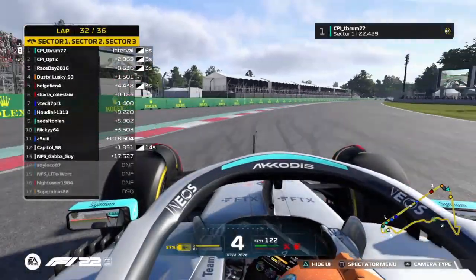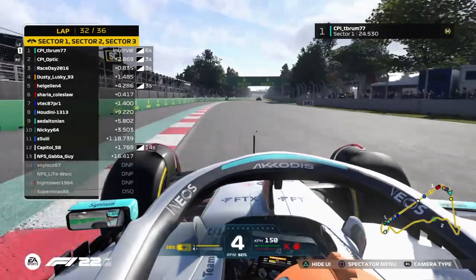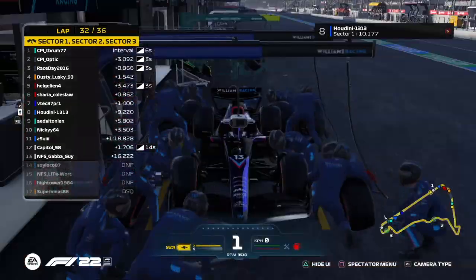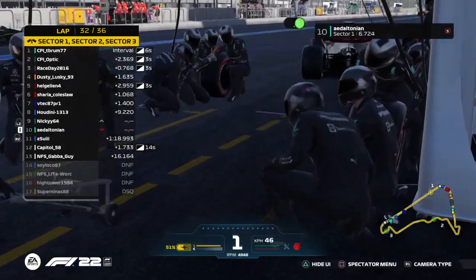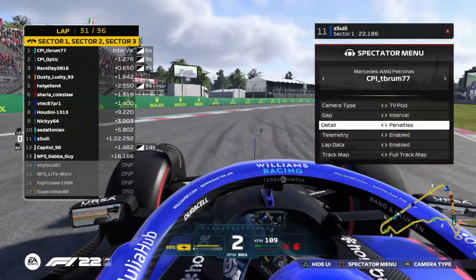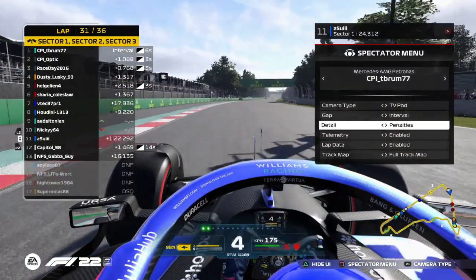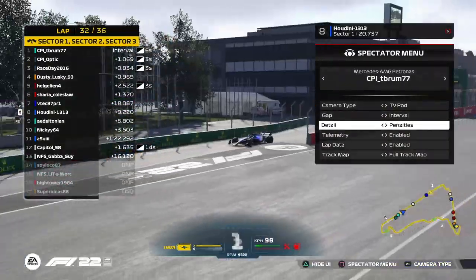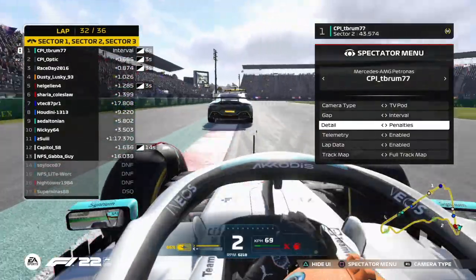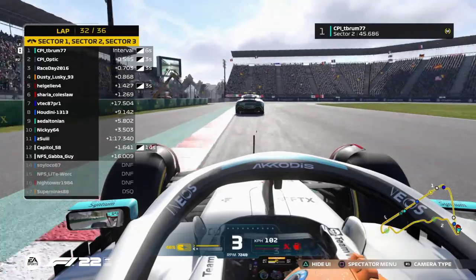We have drivers on their way into the pits. We have the Red Bull of VTEC. Houdini's come in. Adel Tonian's come in for softs. Sui, I believe, has he just recently put on softs? Yeah, he has, 7 laps ago. Nicky 64 on his way in. We are going to have...